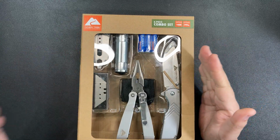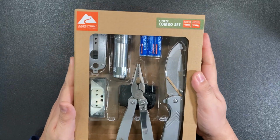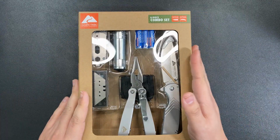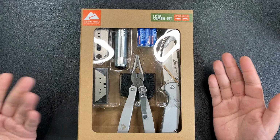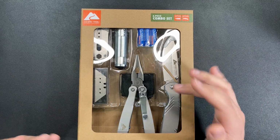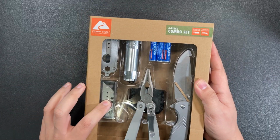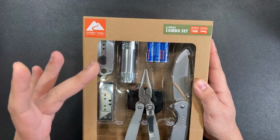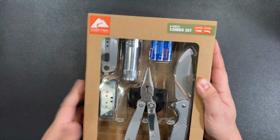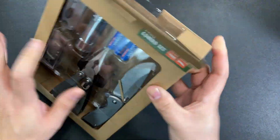Today we're checking out one of these Ozark Trail 6-piece combo sets. So this is one of the holiday specials that Walmart puts out. The main draw here is that we have a multi-tool and a folding knife in this package. Looks like we also have a utility blade over here with some extra blades, as well as a flashlight with batteries included. So let's go ahead and open this up and check out this package and see if it's